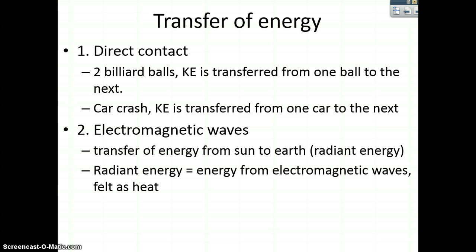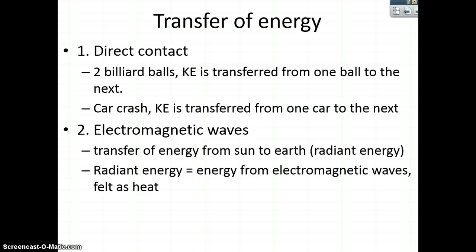Okay, transfer of energy. Energy can be transferred either through direct contact or electromagnetic waves. If energy is transferred through direct contact, that's like kind of two things hitting each other. If you're playing pool, one billiard ball hitting the other billiard ball and causing it to go in another direction, the kinetic energy is transferred from one ball to the next. In a car crash, kinetic energy is transferred from one car to the next car, and so forth. Okay, so direct contact. Two things coming in contact, the energy from one is transferred to the other,